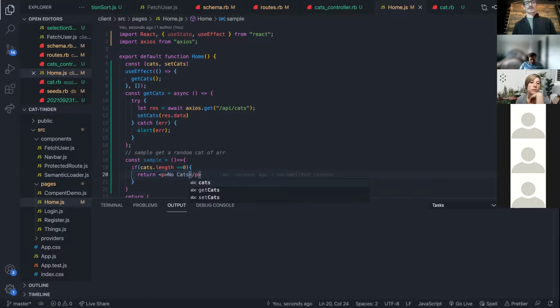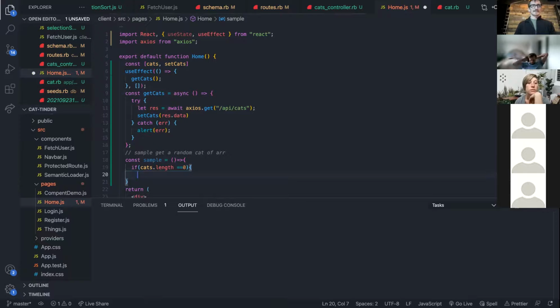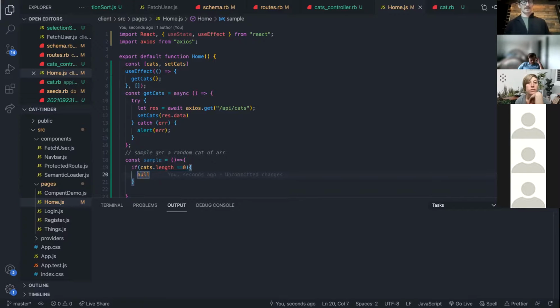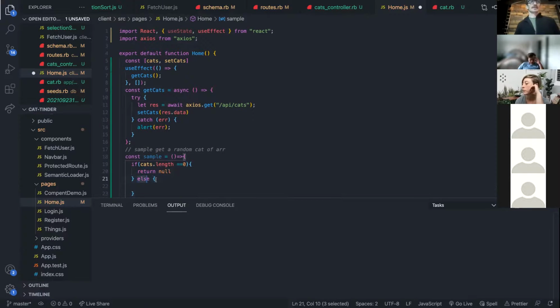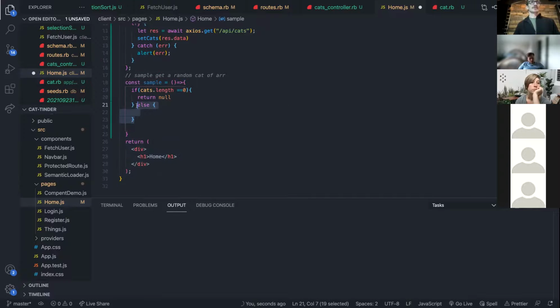This should actually be an app, like just voting on people's cats. I like it. Or we'll see, maybe we'll actually do this. If cats.length equals 0, let's just return null, and then we'll handle that UI elsewhere. Else. So if we do have a cat, well, I don't need an else here because I'm returning. I'm going to just say return